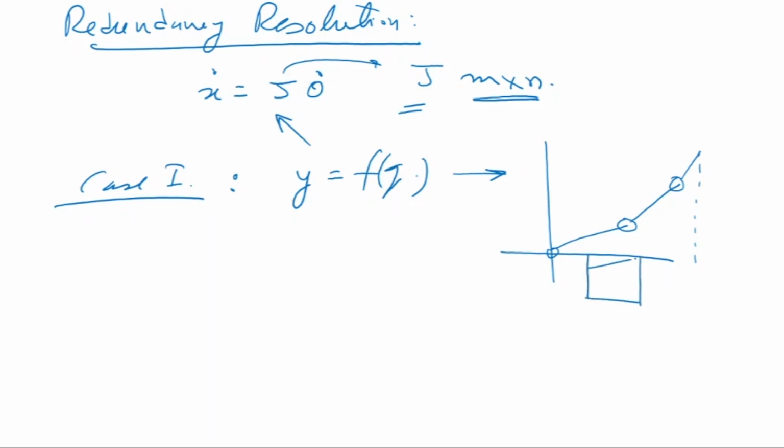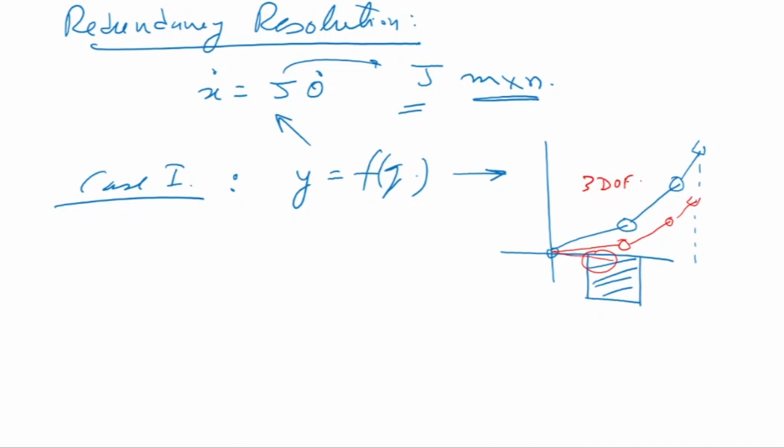There's an obstacle here. So you can see that when the manipulator is coming down, the end effector is coming down. This manipulator is going to come down like this, like this, like this. Then if it comes down more, it is going to hit that obstacle there now. Okay, so it has 3 degrees of freedom.